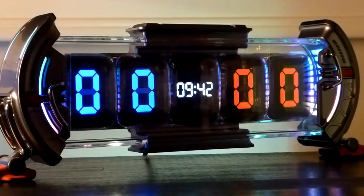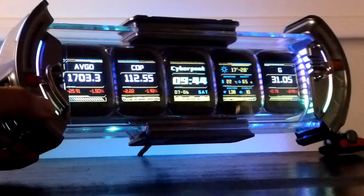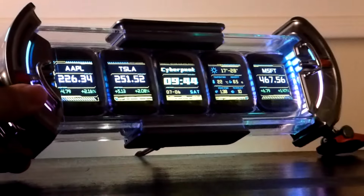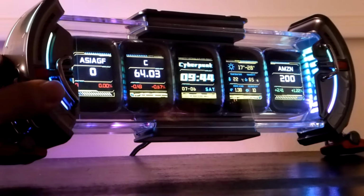Here's also what the digital scoreboard mode looks like. The time is still being shown in the middle, but you can also increase or decrease scores from player 1 and 2 here on the side. That being said, there are two features technically missing here compared to the Divoom Ditto and other pixel art speakers. One of them is you aren't able to play back some mini games on this model. So on those, you had options like Pong, for instance, that you control using your phone as the remote, and